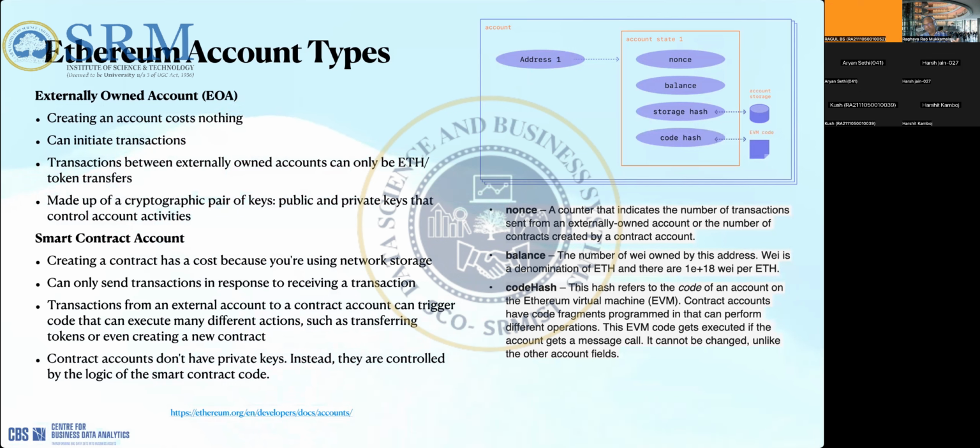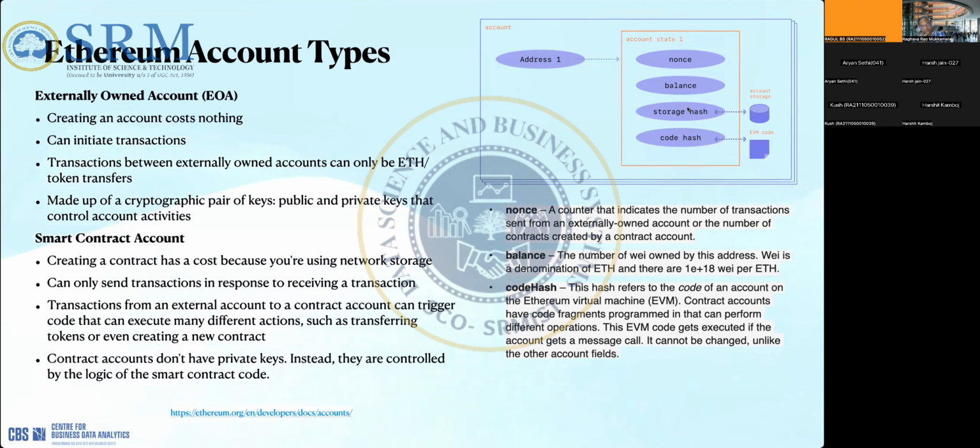So you have your own account, you have the ledger, like a bank ledger. This is like a series number, or you can say ID, right? So 1, 2, 3, basically it's a nonce. And then you have the balance, which gives you the number of tokens or the ether you have in the account and things like that. And you have the storage hash.